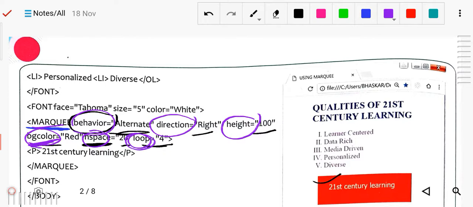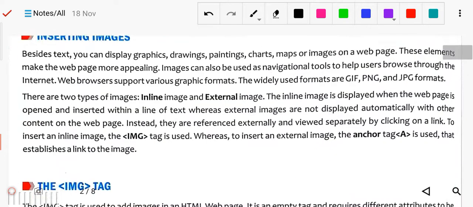Then after this, the marquee should be closed because it is a container tag, meaning it should have the opening and closing. So here it will loop 4 times, its color is red, height is 100, horizontal space is given, and alternately it will move one by one. Okay, so this is all about the marquee tag.